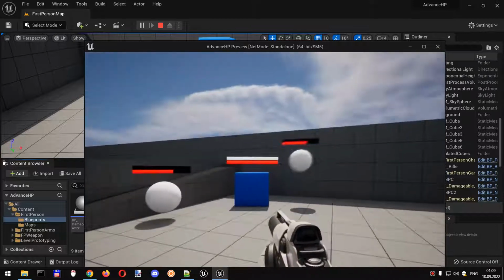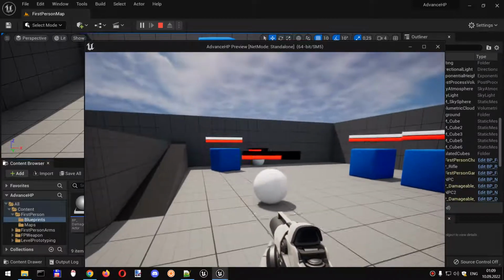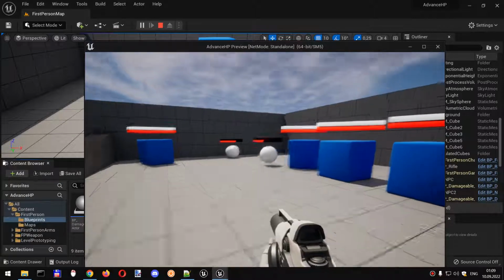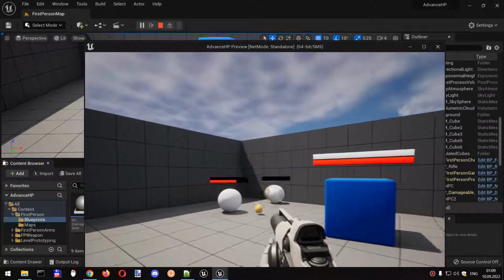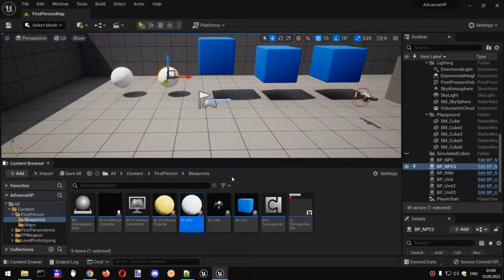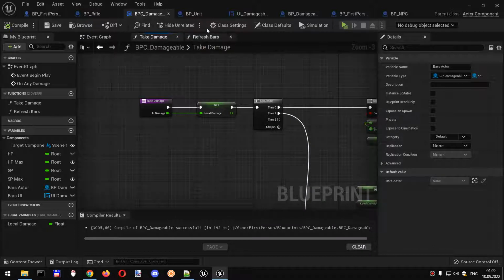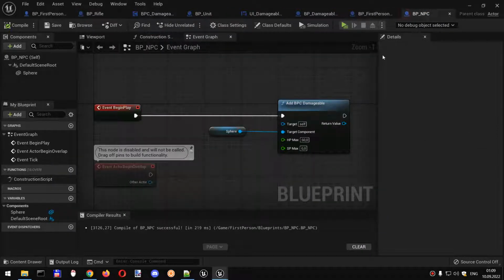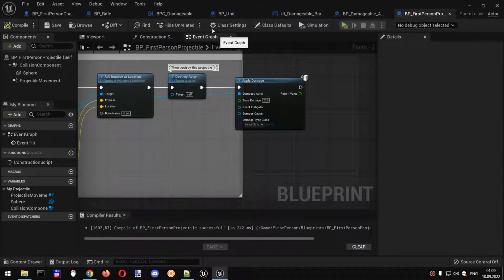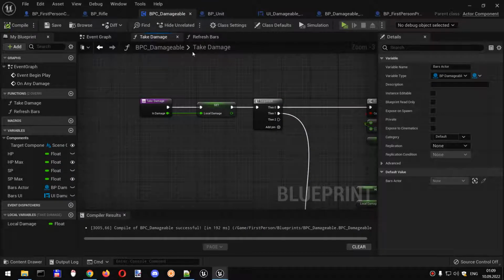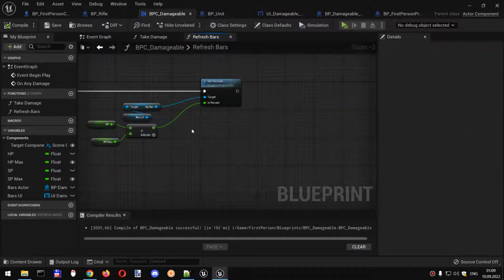I hate it when this white bar, shield points bar, is visible when there is no SP. So we will do a little fix in our component. Let's make it more smarter. If we didn't set up shield points like we did with NPC, it will behave slightly differently. It will hide this SP bar. So all we need to do is just